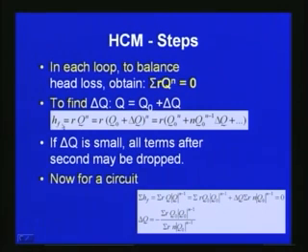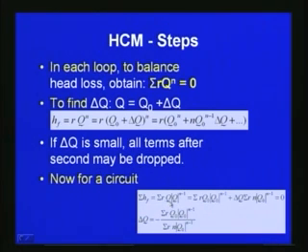So that HF is equal to r into q to the power n, so that is equal to r into q 0 plus delta q to the power n, so that is equal to r into q 0 to the power n plus n into q 0 to the power n minus 1 delta q plus etc. So if you consider only the first two terms, if delta q is small and all terms after the second can be dropped, then for the given loop or circuit we can write sigma HF